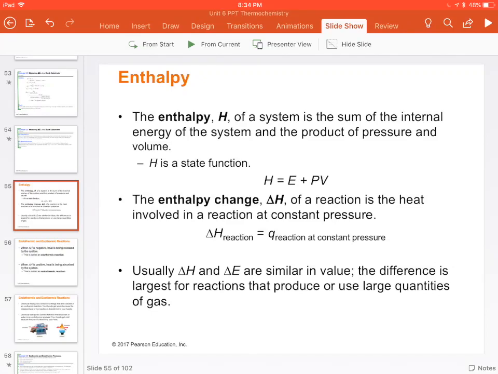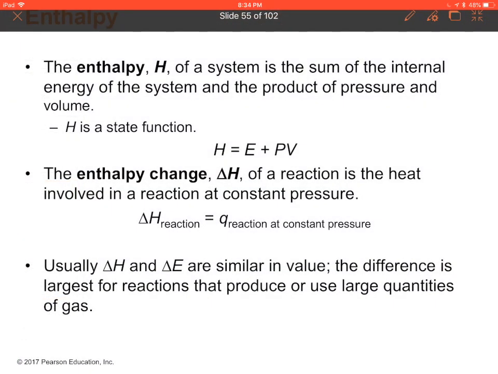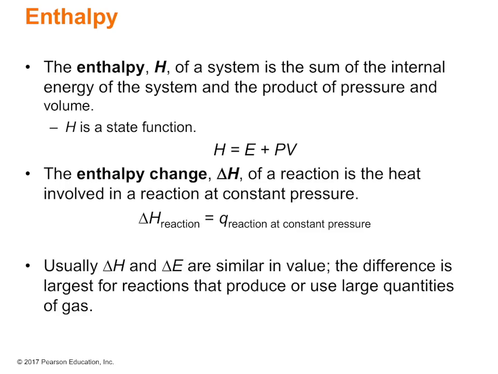All right, guys. So right now we're going to go over enthalpy. We had just seen that when a chemical reaction occurs in a sealed container under conditions of constant volume, the energy evolves only as heat. However, when a chemical reaction occurs open to the atmosphere under conditions of constant pressure, such as the reaction occurring in an open beaker or the burning of natural gas on a stove, the energy can evolve as both heat